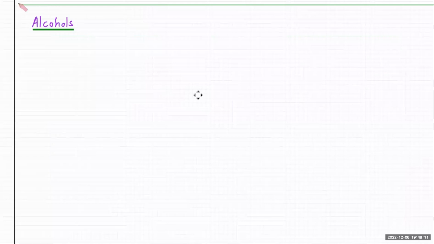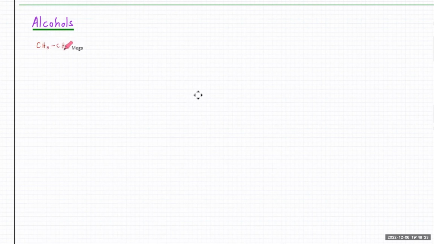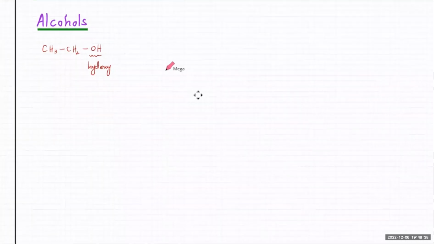So alcohols. First thing is, an alcohol is something that's got OH in it. Okay, so it's a carbon chain, and you can have an OH. You can have multiple OH groups. Okay, so it's got a hydroxy group. Now, since it's got a hydroxy group,